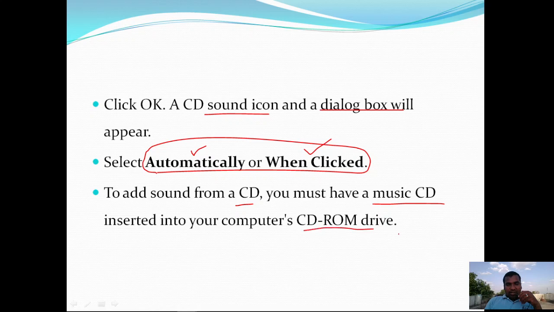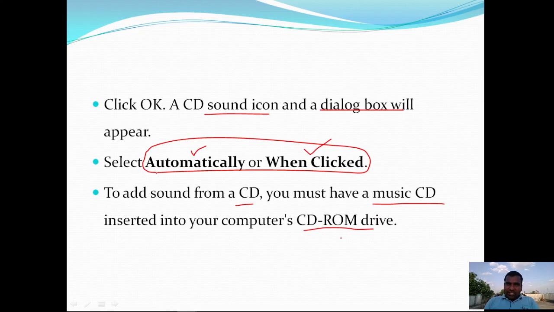To add a sound from a CD, you must have a music CD inserted into your computer's CD-ROM drive. So if you want to insert a sound file from a CD, your computer must have a CD-ROM, and whatever CD you have inserted must be a music CD.